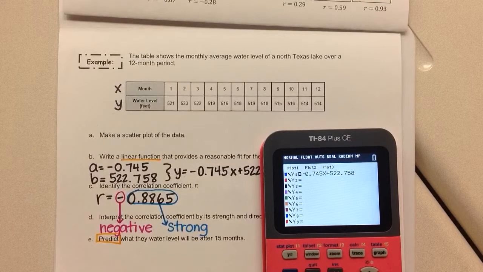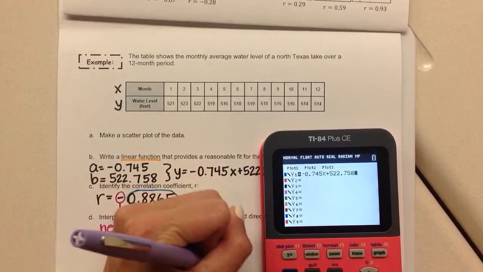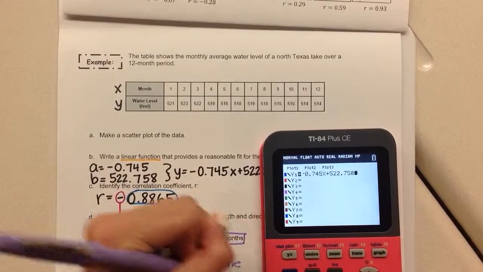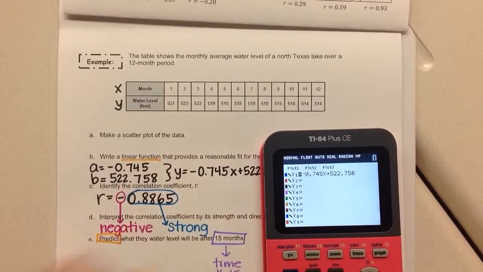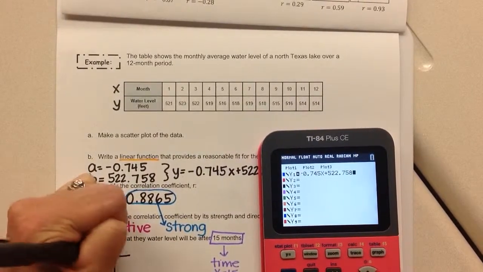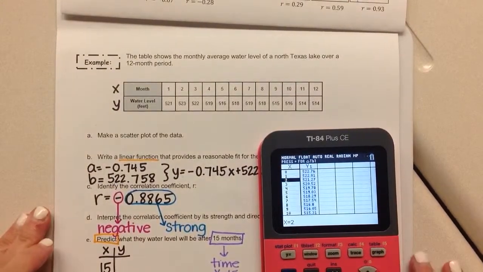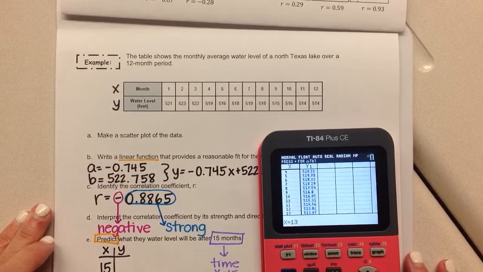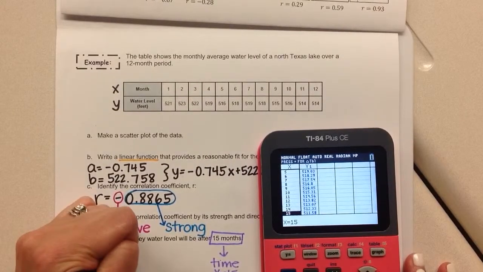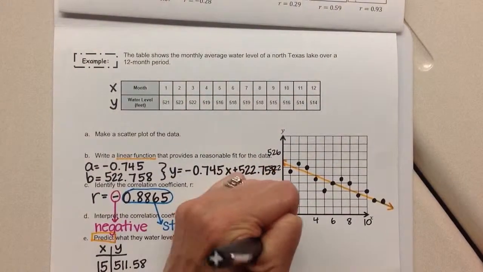so I need to look at what they're giving me, and they have given me an x value. And I know it's an x value because months measures time. So they are telling me that x is equal to 15. So now I know I need to go to my table. If they're asking me for a specific x or y value, that means go to second graph. And now I'm going to scroll down to 15, 10, 11, 12, 13, 14, 15, and 511.58. So in 15 months,